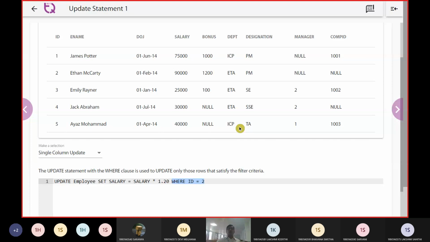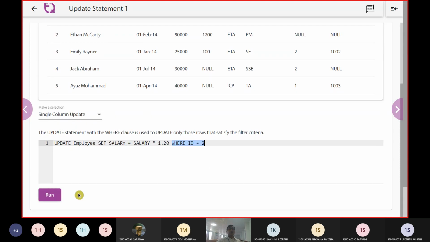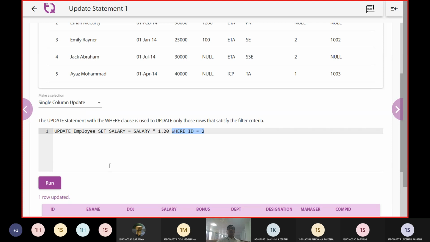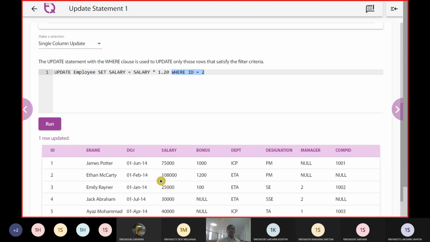So when we give a 20% increment for ID 2, that is 90,000 there, we are going to give 20%. So approximately 18,000 should be the incremented value. Just hit on the run button. So 90,000 plus 18,000, we are going to get 1,08,000.